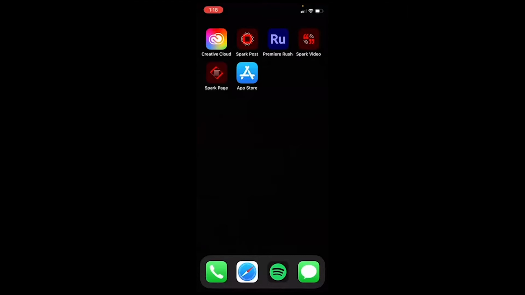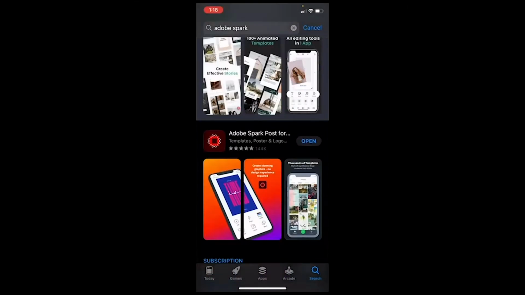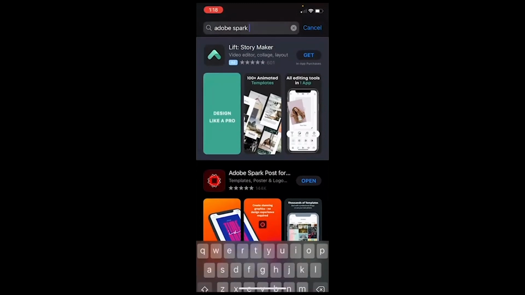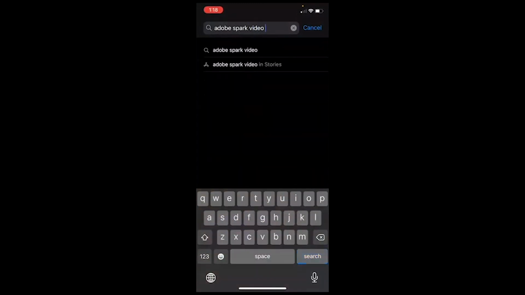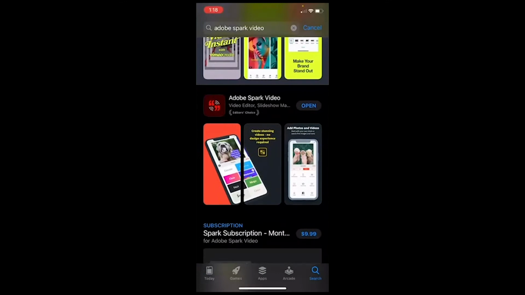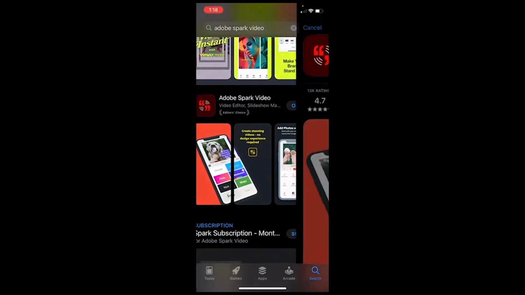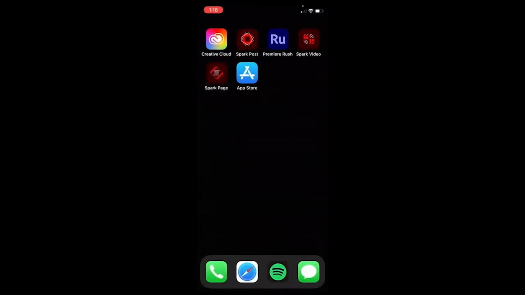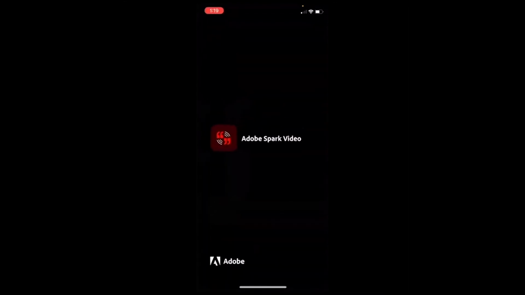First of all, you can go to the App Store or Play Store and just look for Adobe Spark Video, where you can get this application and download it. Since I have already downloaded it, I don't need to go and download it, but you can go ahead and download it. And once you are done with your download, you can open your app from there, or you could just open your app from your home screen, and